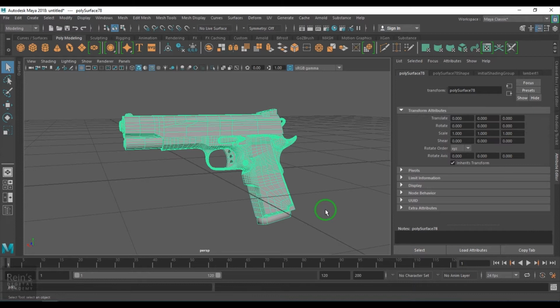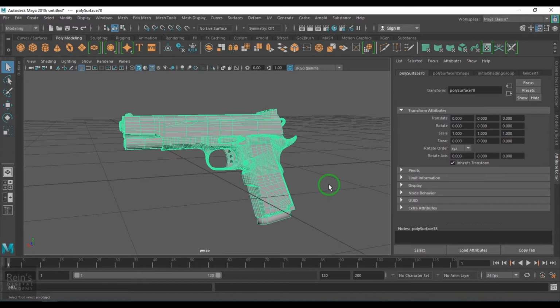So I thought to set up something like that. I'll be baking some textures here, especially the curvature and ambient occlusion, and then I'll use them for shading purposes.